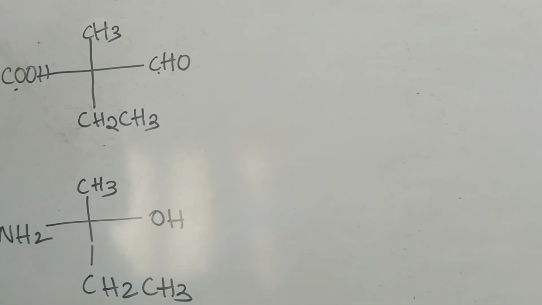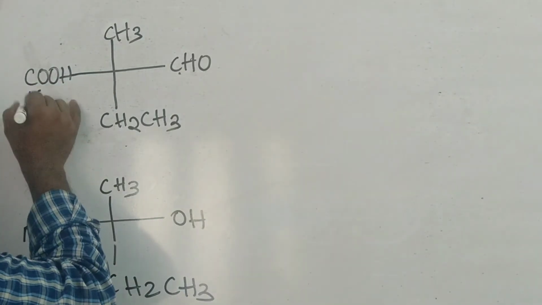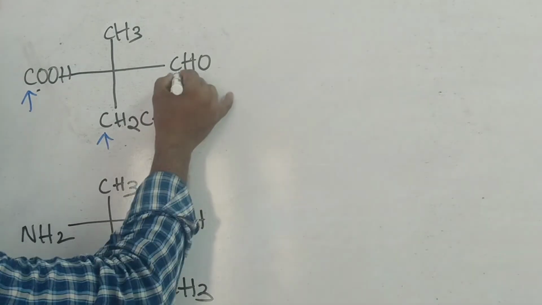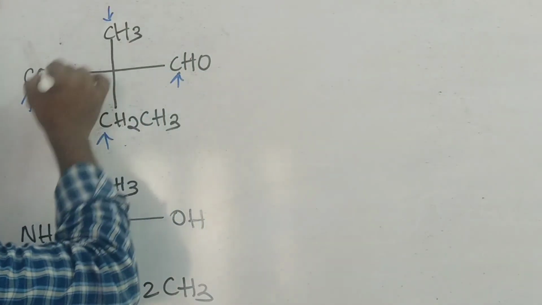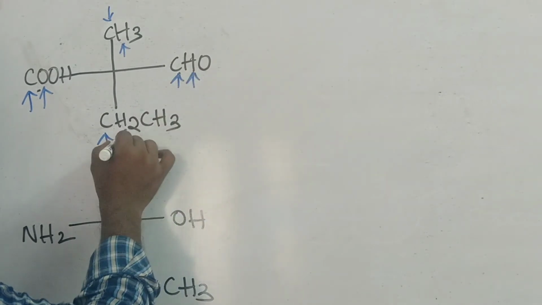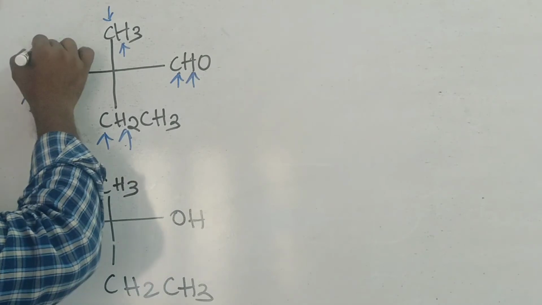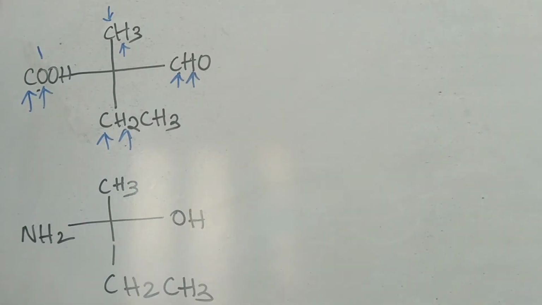Now find out the R and S configuration of the following molecule. You have to find out. Give the priority order. Carbon, carbon. First atom all carbon, so go with the second atom: oxygen, hydrogen, hydrogen, hydrogen. When compared to these three hydrogens, oxygen has the higher atomic number, so we have to give it priority 1.